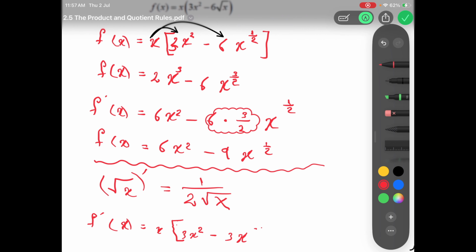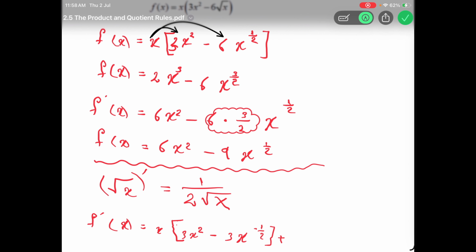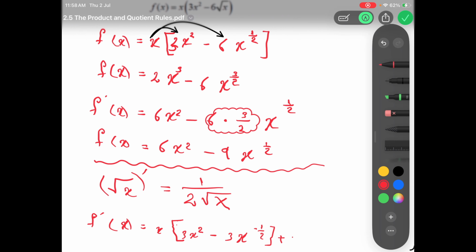Power minus 1 over 2, plus, now differentiate the first, so it will be 1, then keep the second as it is, which is 3x squared minus 6